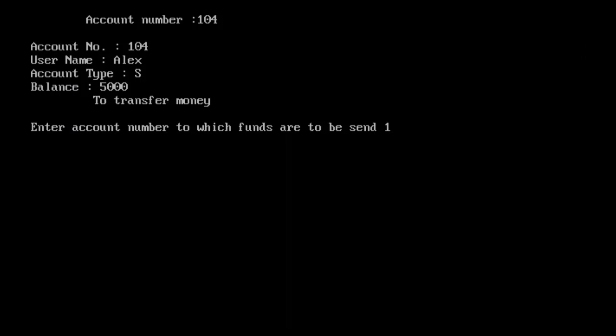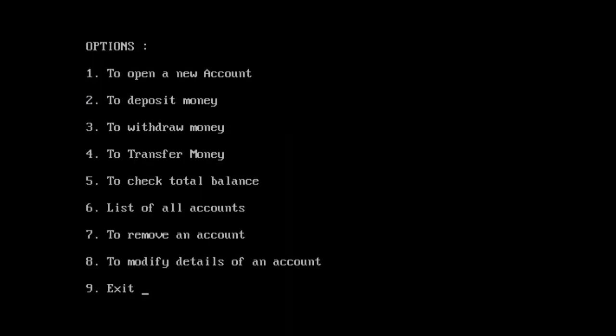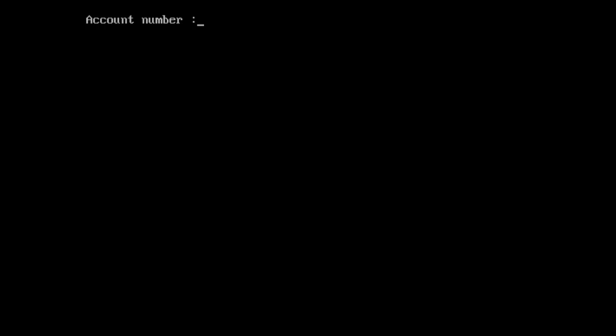Let's say I enter an amount greater than the total balance. It shows an error again. Balance is low and hence transfer has failed. Now again I try the same method with a different amount.